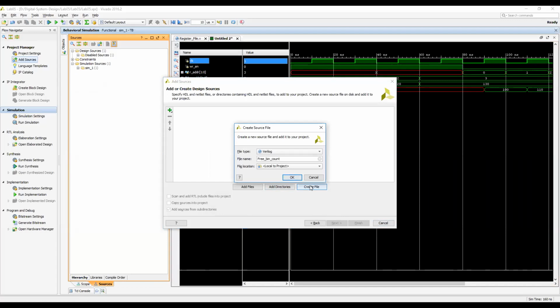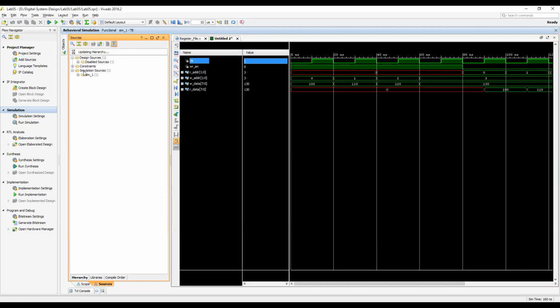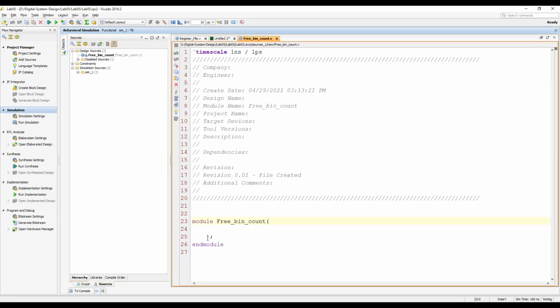Free running binary counter. Okay, so here you go, free running binary counter. So this is what we need. For a binary counter, definitely we need some Q, and then at the output you need some alarm signal, max tick. And at the input, you need clock. So that's it. Maybe you need some reset. Okay, if it is parameterized, if it is an n-bit counter, let's say n is equal to 8, so the parameter will be 8.